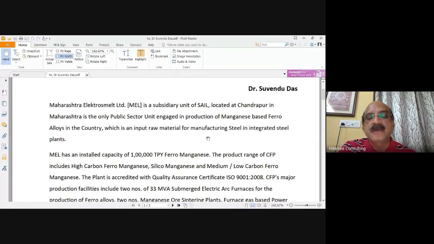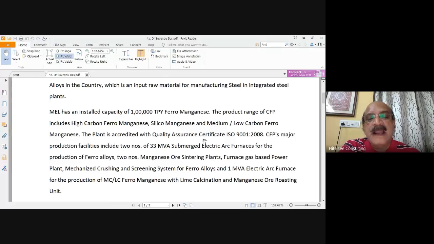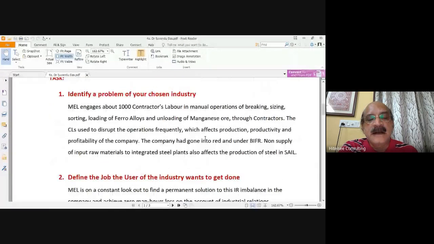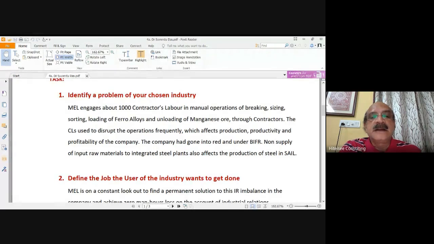Going by the nature of the operations of the company, most of the unloading of manganese ore, which comes from the iron ore mines in Chhattisgarh and Maharashtra area, and, when the ferromanganese is produced, its dumping in the dump yard, the manual operations are totally handled by contract labor, which was around 1,000 in number. The job was given to the contractors, but the problem is,